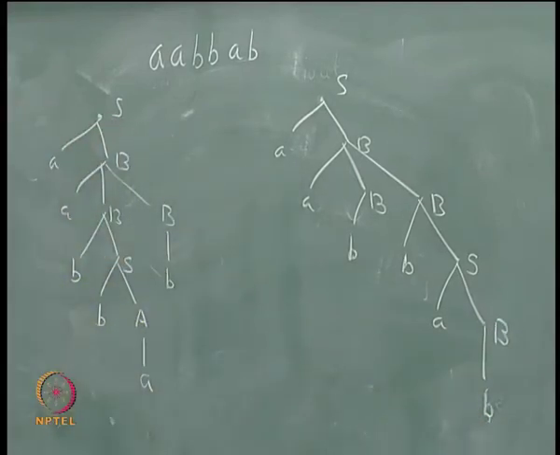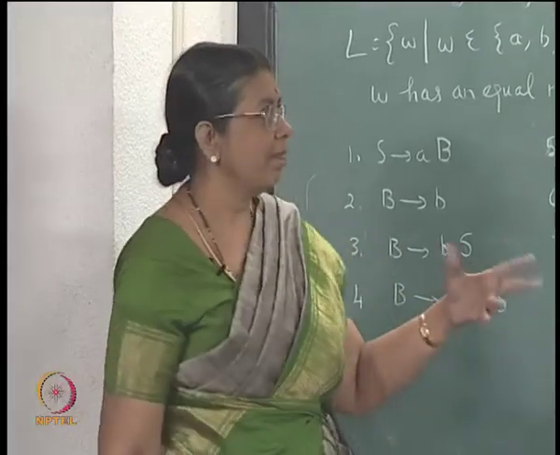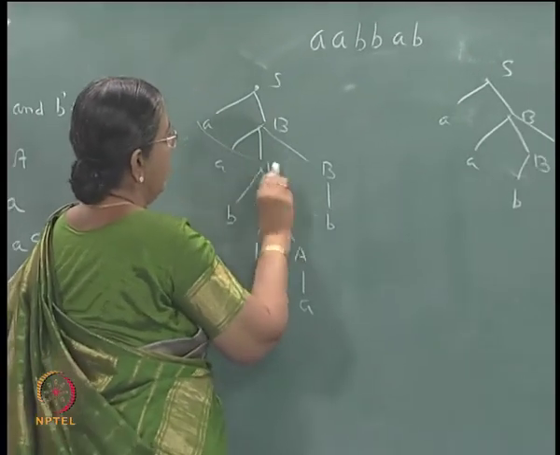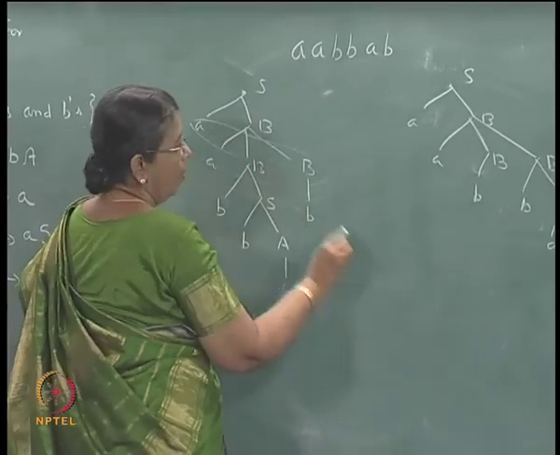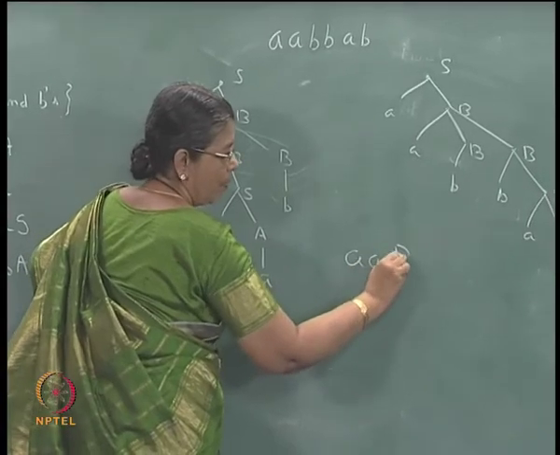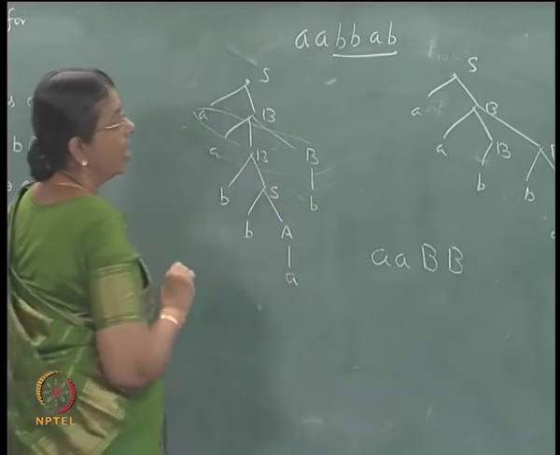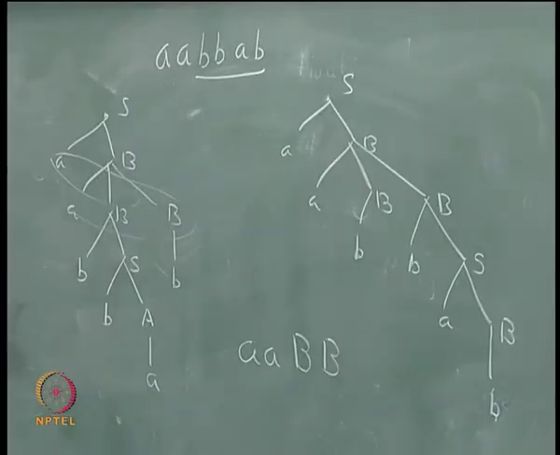So, ABBAB will be generated in two different ways. So, this is an ambiguous grammar. We want to give an unambiguous grammar for the language. The reason for this is, at this stage you have the sentential form BB, and from these two Bs you have to derive this. From a B you can derive a string which has got one more B than it has A, isn't it?